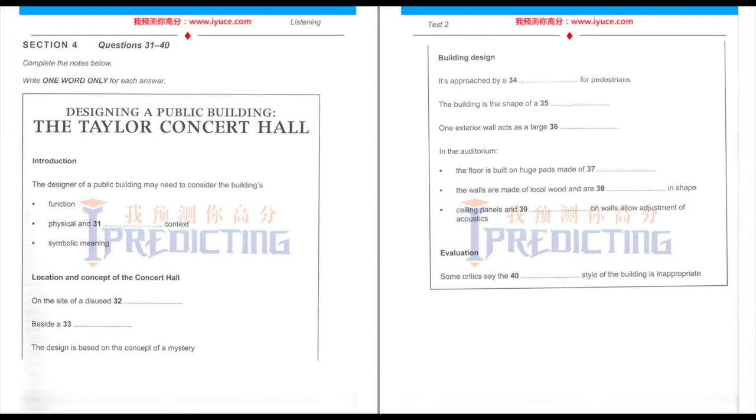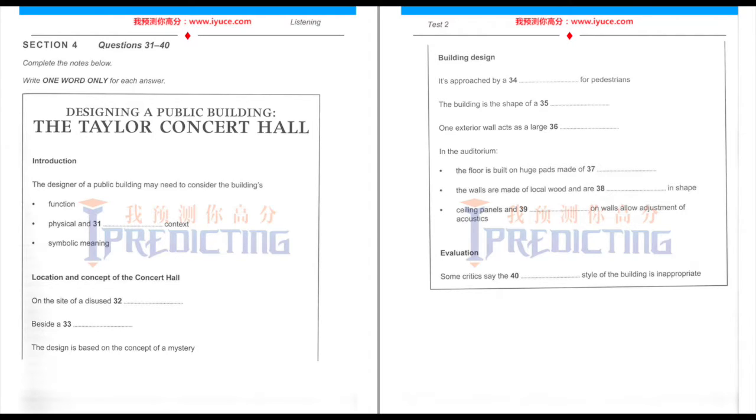The architect chosen for the project was Tom Harrison. He found the main design challenge was the location of the site in an area that had no neighbouring buildings of any importance. To reflect the fact that the significance of the building in this quite run-down location was as yet unknown, he decided to create a building centred around the idea of a mystery, something whose meaning still has to be discovered. So, how was this reflected in the design of the building?